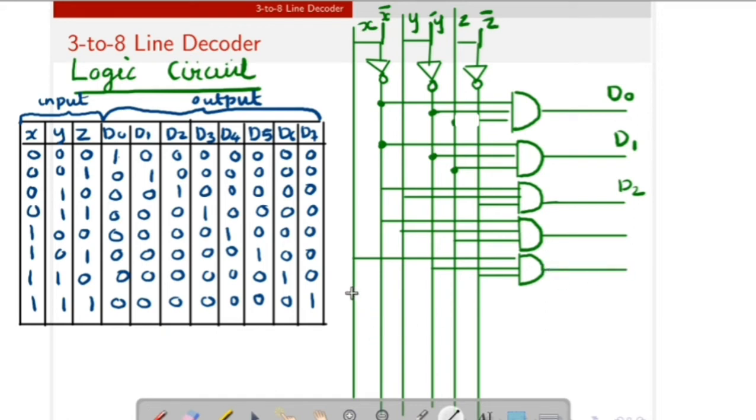Then D5 is X, Y bar, Z. D5. Okay, then D6 is X, Y, Z bar.